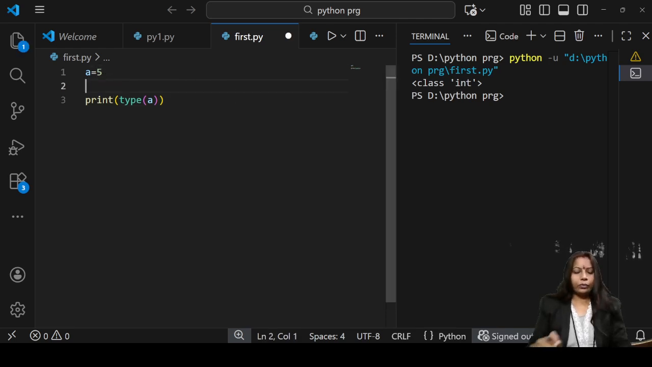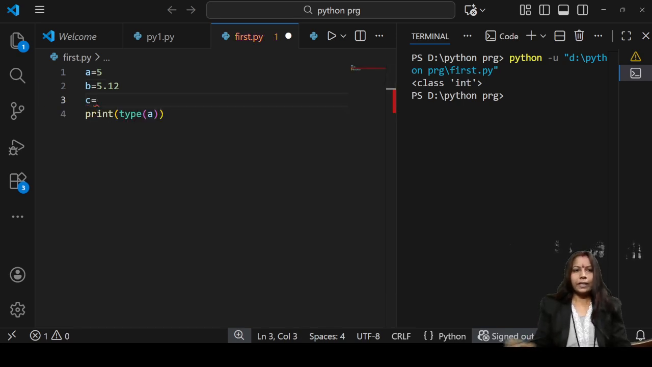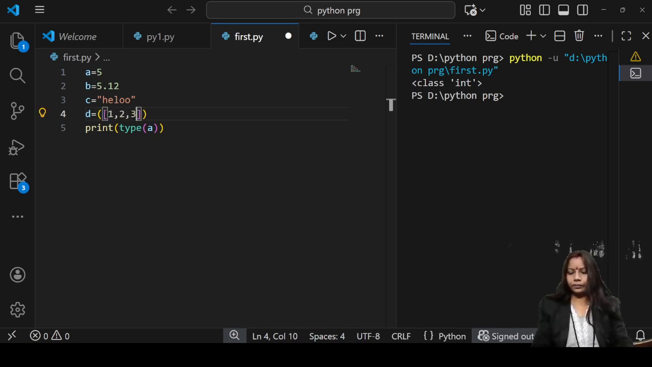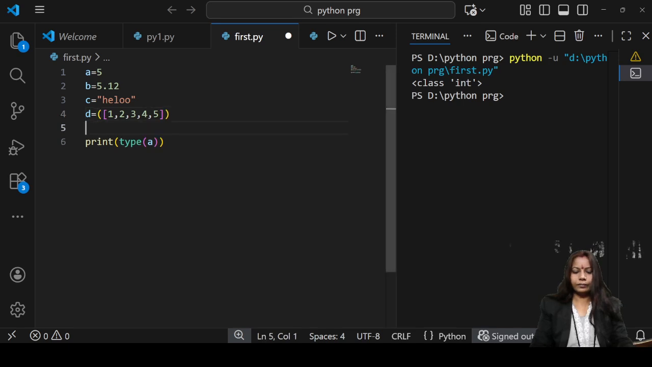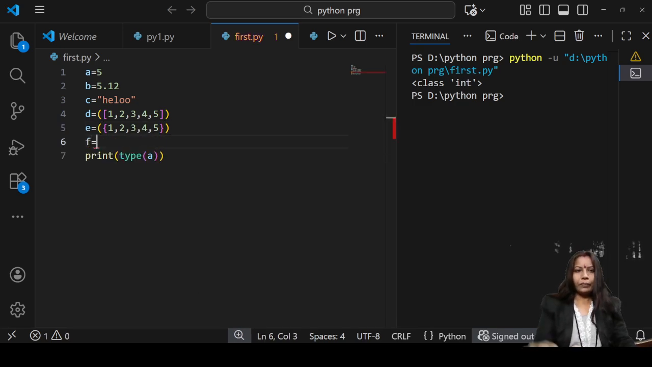Okay. Now if here you write b equal to 5 point something, c equal to any string value like hello, d equal to any list like 1, 2, 3, 4, 5, e equal to a set like 2, 3, 4, 5, f equal to a tuple like 4, 5, 6, something. Okay, now if you try to print